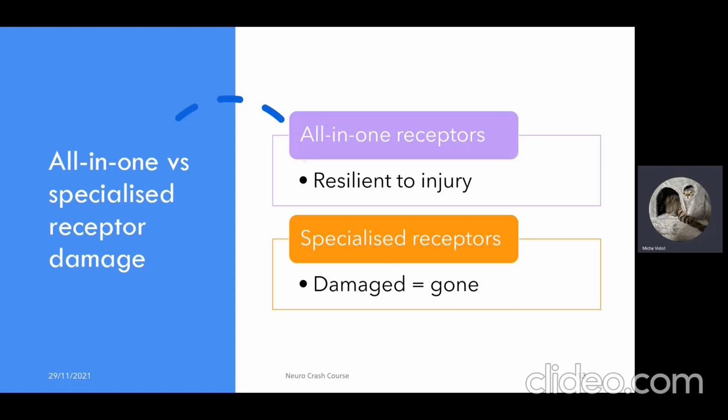And I just want to bring your attention to two key receptors and how they can be damaged. So photoreceptors are very easily damaged by high intensity light, which is why you shouldn't stare at the sun. Genetic mutations, metabolic diseases, and malnourishment, specifically if you don't have enough vitamin A in your diet, can also damage them. Auditory receptors are also very easily damaged by things like noise trauma,